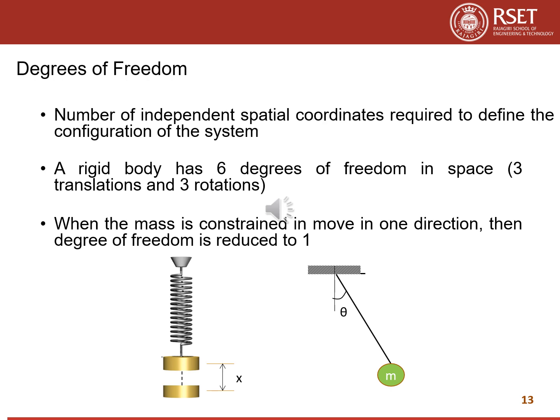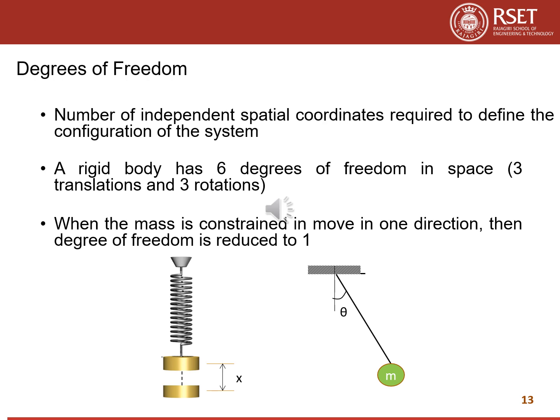So, there are 3 components. When in space, it can move in x, y, z direction, and there will be 3 rotations. That is, it can rotate about x, about y, and about z direction. Now, based on the number of degrees of freedom, that is, if you are providing any type of constraints, degrees